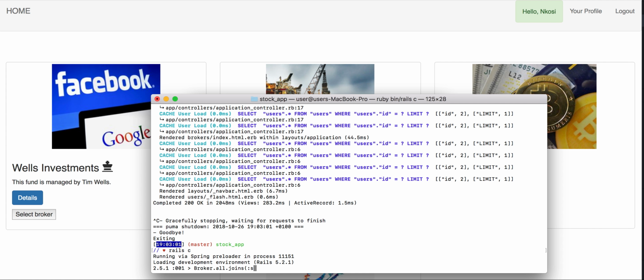So we would like to make this connection, and we would like to return a broker or brokers where the stock symbol is what we specified. So where stocks symbol is, for example, try Google,